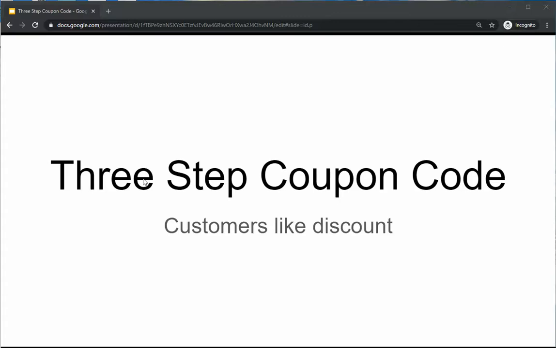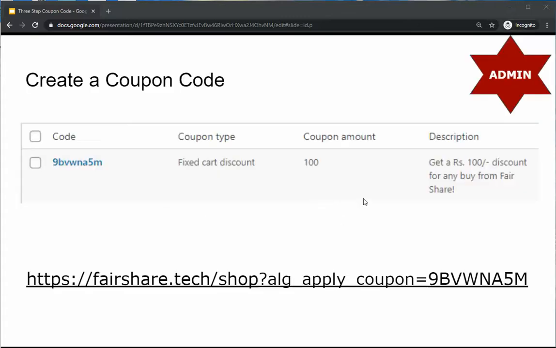The first step is to create the coupon. So when you create a coupon code, it will look something like this, like a random number stream, and then you can have a coupon type. In some cases you can create a different discount on every product, or you can do a total based on the amount in the cart. The discount could be a percentage of the amount, or it could be a fixed amount. In this case I have created a fixed 100 rupee discount for a trial product.